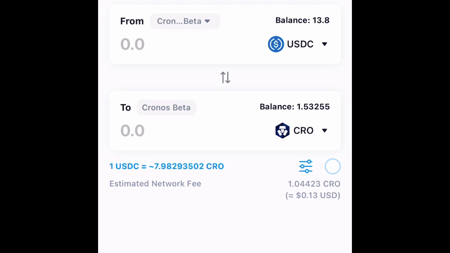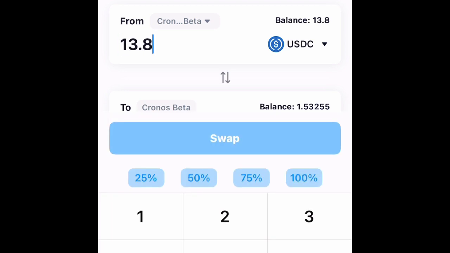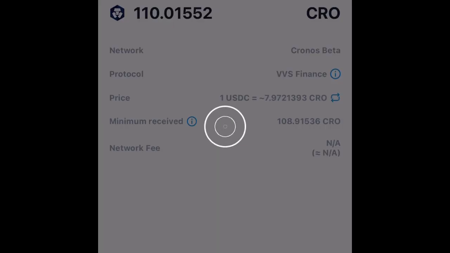All right? So this is the amount. I'm going to buy $13.80, give or take. By the time I get the Osmosis Lab, I might have $13.50. Let's see, guys. So I'm going to do the whole thing. Boom. All right? Swap that out. I should have enough.